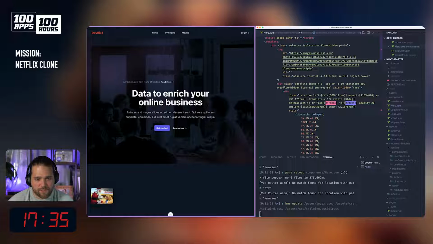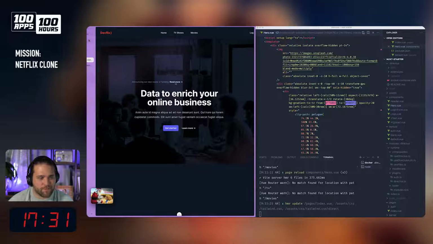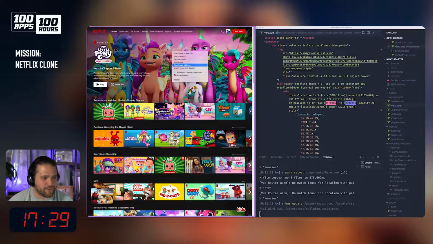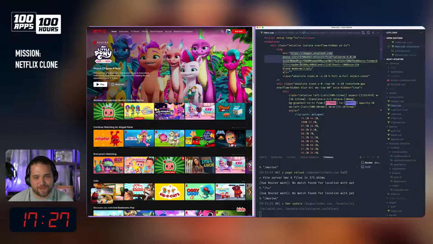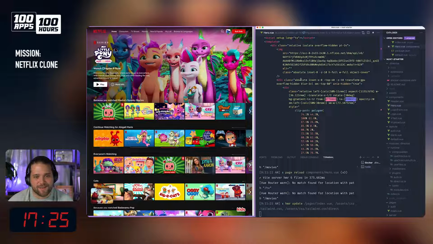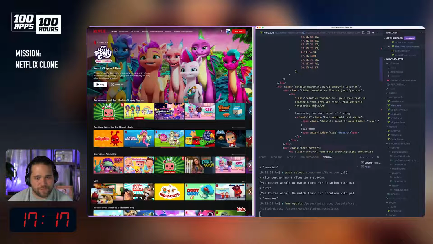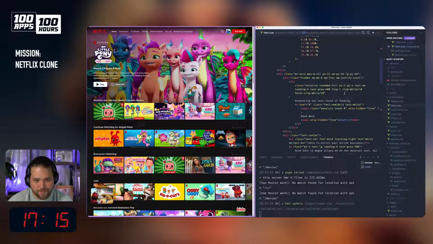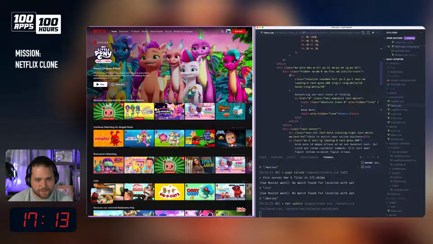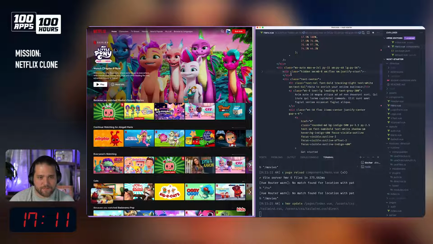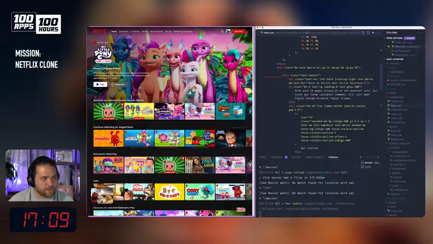All right, so this has got some type of gradient blur attached to it for the images. Can we lift this? Oh, yes, we can. Netflix. Love building on the fly. Thank you, Netflix. What else do we have? The overflow hidden. Do we even need this? Let's just scrap that part of it, and we'll just show